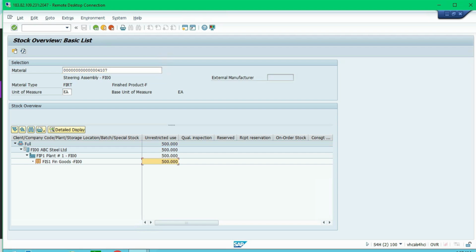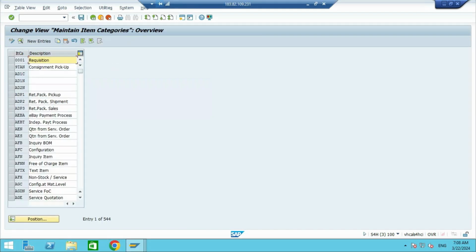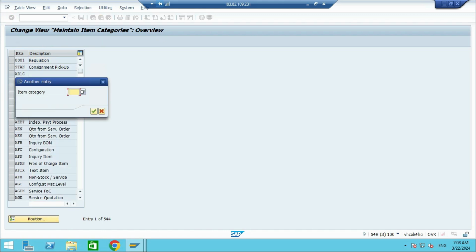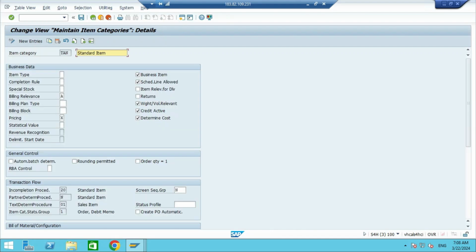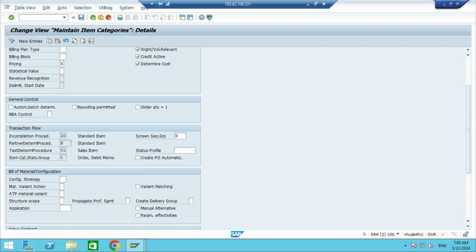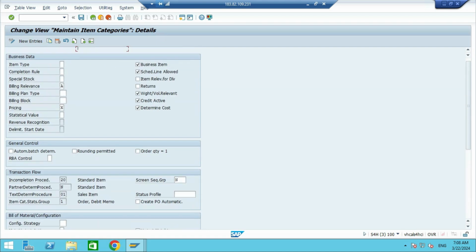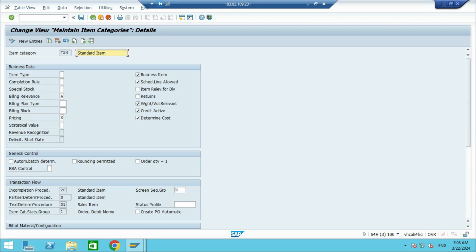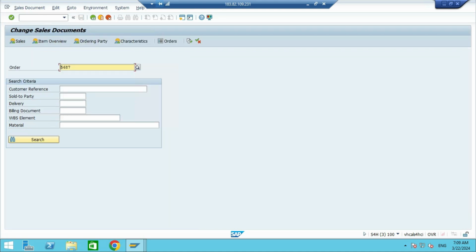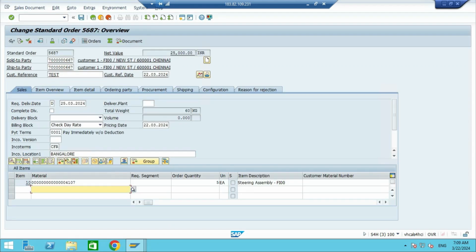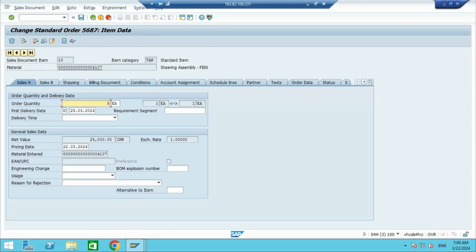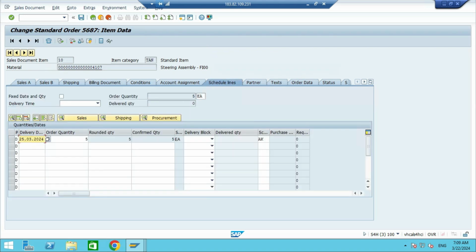Unrestricted use means ready for use. Go to T code /NVOV7. So here we need to select position, enter TAN item category, then double click. So here verify all the line items, then go to /n VA02, verify our schedule line item category, enter the sales order number, then under the procurement select the line item, select schedule lines. So our schedule line category is AK,